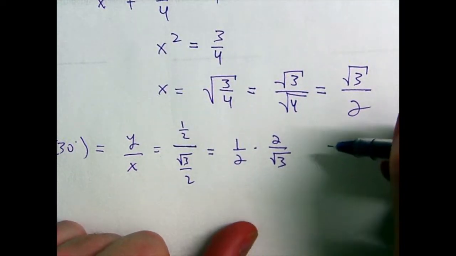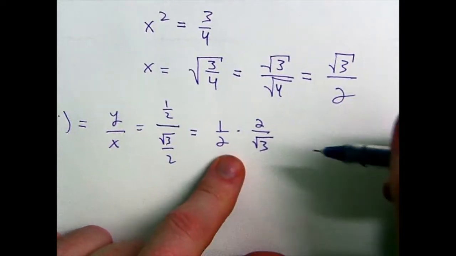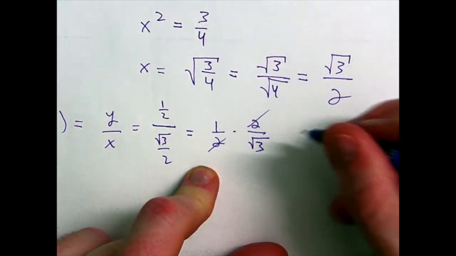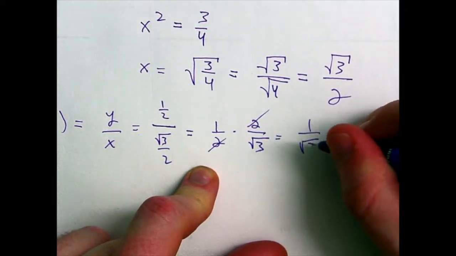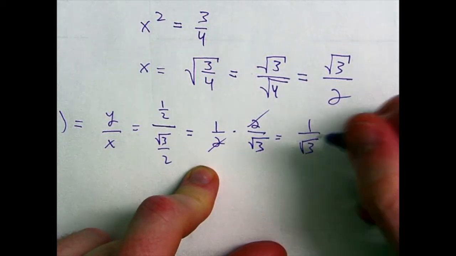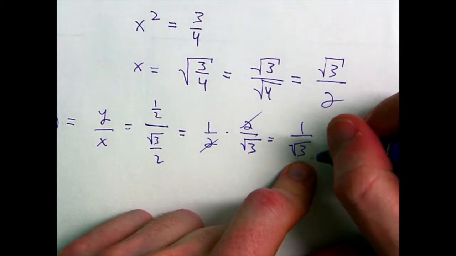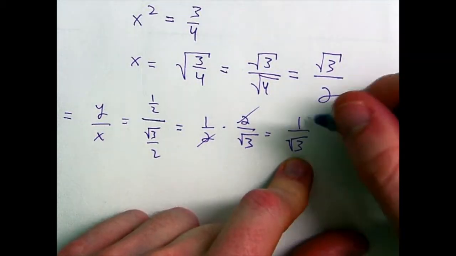In other words, dividing by a fraction means multiplying by its reciprocal. Something nice happens here. The 2's cancel, and we're left with 1 over root 3. But for whatever reason, we've all decided that we're not supposed to have square roots in denominators, so I have to rationalize this denominator and get rid of the root